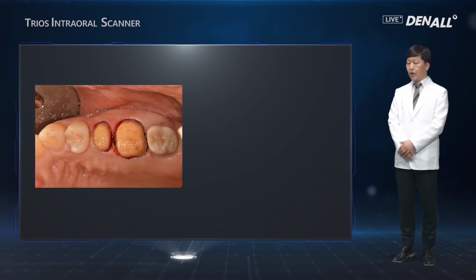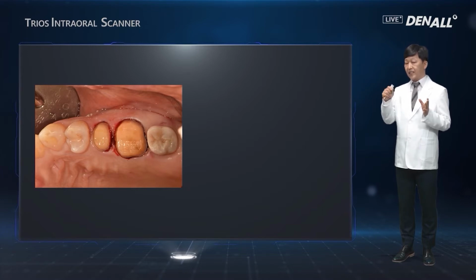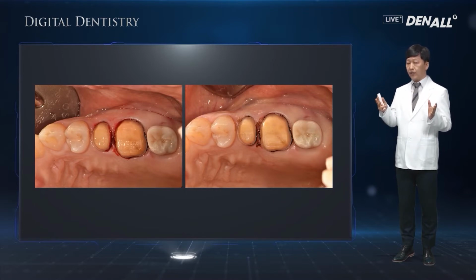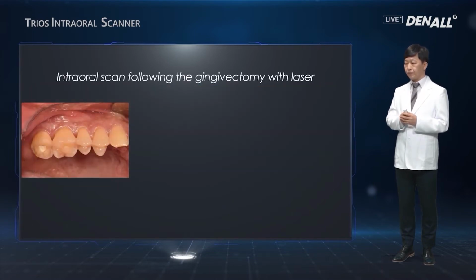As you can see, a cord is inserted, the final prep is done, and it is finished. You can see the bleeding in place. If you scan in this case, accurate scanning cannot be acquired. Therefore, at the bleeding points, we need to give some drug or laser treatment for hemostasis. It should be scanned after the margin is completely exposed and the treatment is done,